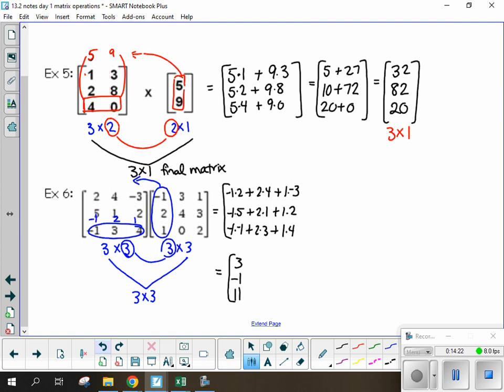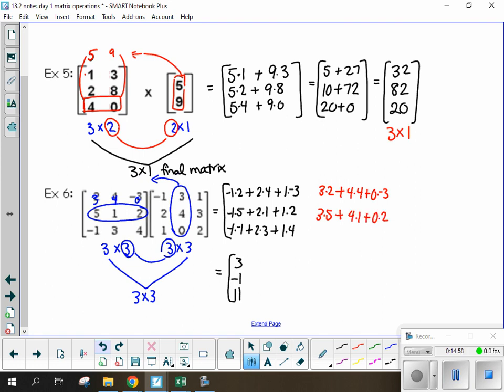Now we're going to repeat this whole process, but scoot over to this column. Okay, so now I'm going to spill the 3, 4, 0 on top and just work my way down. So this next one looks like, I'm going to change colors here, 3 times 2 plus 4 times 4. By the way, if you want to just make those 6 and 16 and 0 right away, you're welcome to do that. I probably would do that on my own this next time through. And then we work our way down. 3 times 5 plus 4 times 1